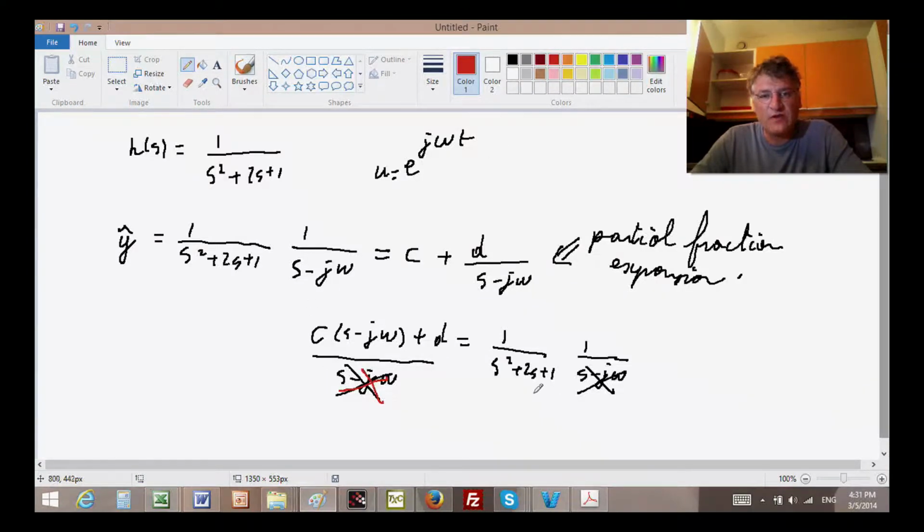Okay? So I erase these guys, and I get quasi-automatically that d must be equal to this guy when s tends towards j omega. So d must be equal to 1 over j omega squared plus 2 times j omega plus 1. Next,